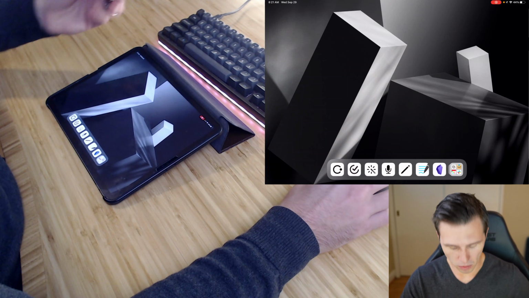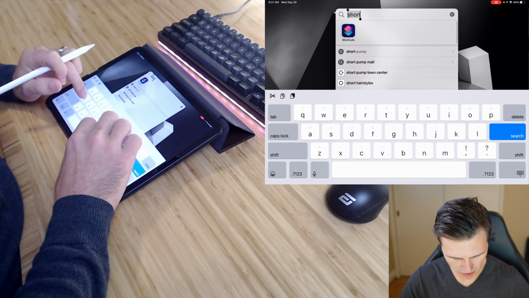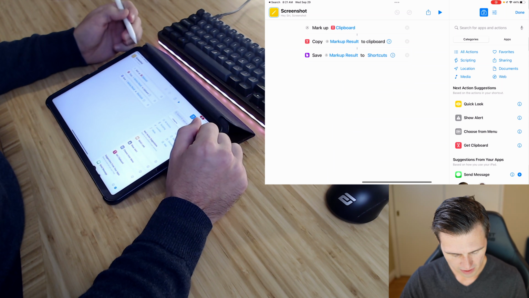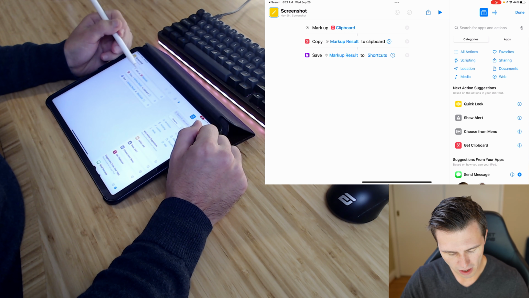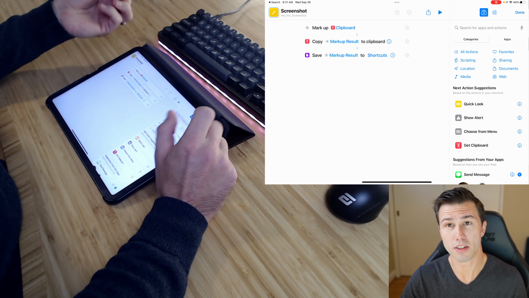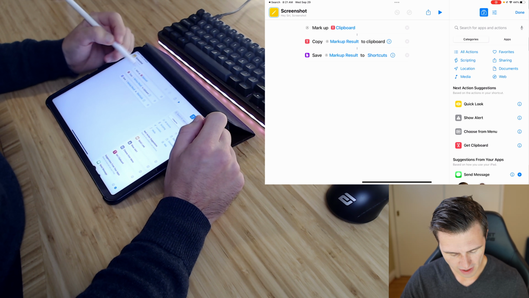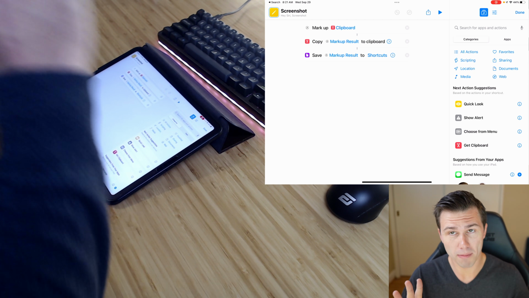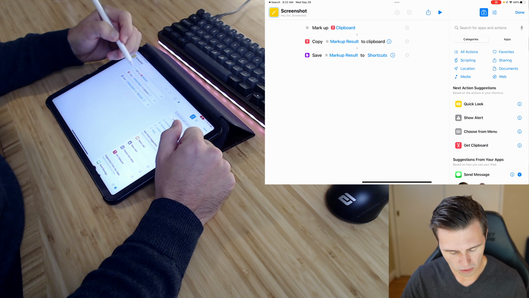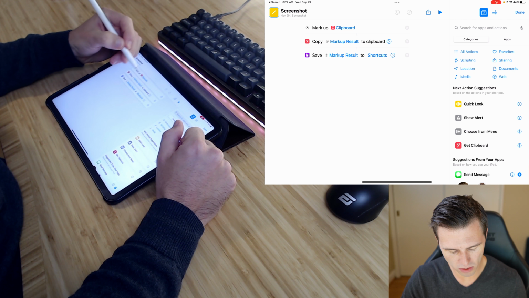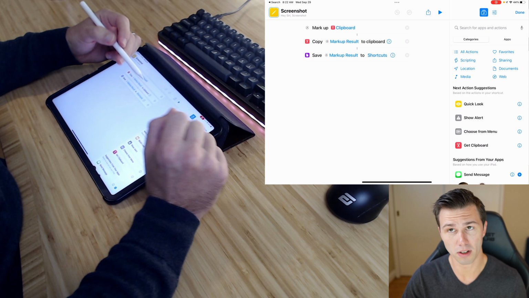So let's take a look at what's inside that shortcut. If I open my Shortcuts app, this is that screenshot. What it's gonna do is say markup the clipboard, and that's gonna leverage the universal clipboard. And then that is gonna open that markup app that I was just showing you. Then when it's done, we wanna copy the result of that markup back to the clipboard, which again is gonna